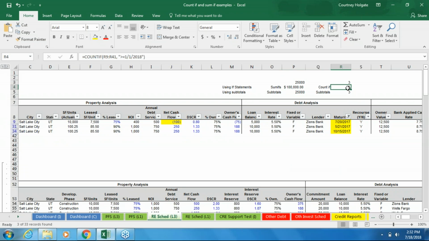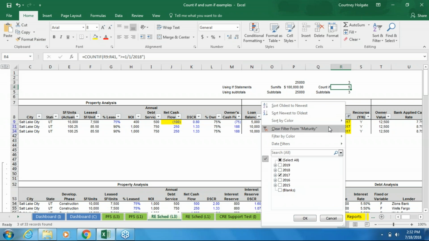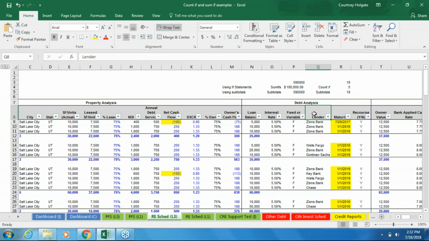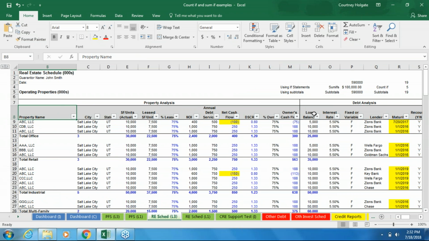If I did my COUNTIFS, I would have to enter an argument that's between 1/1/2017 and 1/1/2018, which is just a little bit more confusing. And that's why I like to use those subtotal ones. If I wasn't going to use those subtotal ones, I would probably use a pivot table. So with a pivot table,